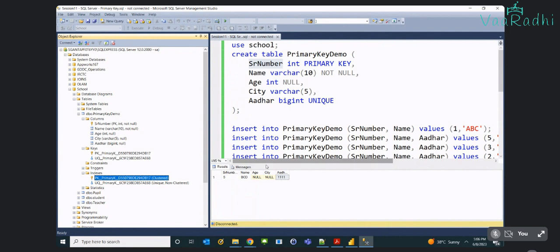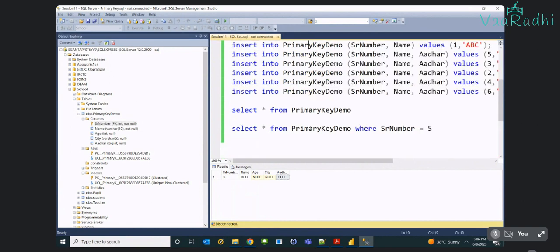Like that, an index in database terminology will be created on top of primary key column data. On top of primary key column data. See here, whenever I say primary key column data,